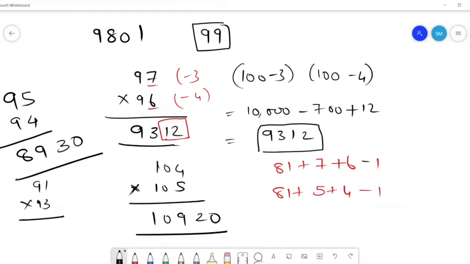91 into 93 would be, so this is 9 and this is 7. So 81. Oh, yeah, it is working. 81 plus 4 minus 1. Wow. But if it's greater than 100, then that minus 1 step is not required. It will be 10 times 10 plus, yeah, but that minus 1 is not required. Now let me try to make sense of this method. Let's see.